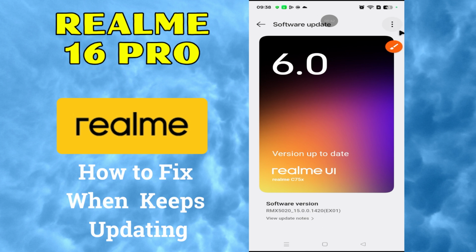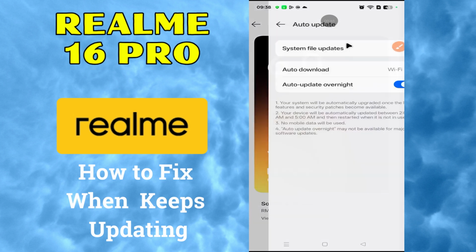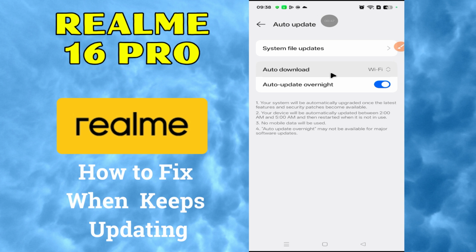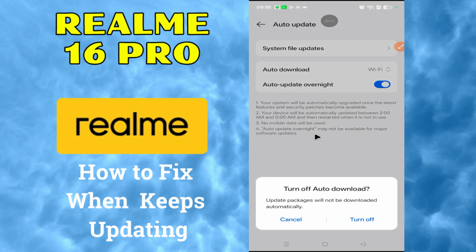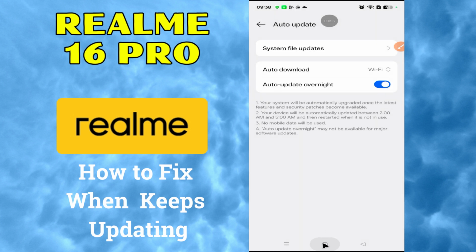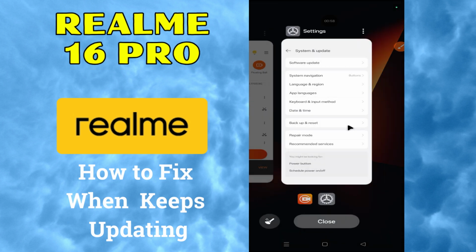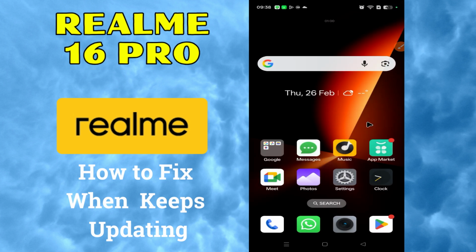After clicking on this three dot icon, click on auto update and click on auto download and turn off auto download. After turning off auto download, go back to home screen and you will see your problem is solved. But if it is not solved,